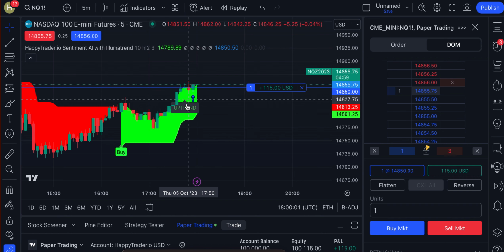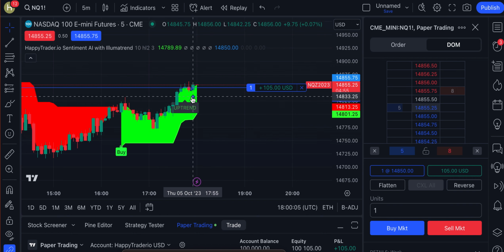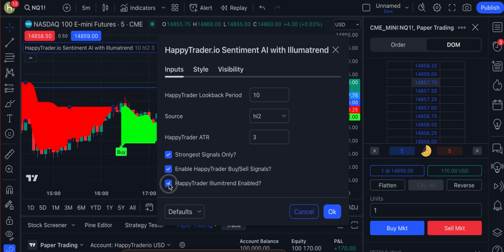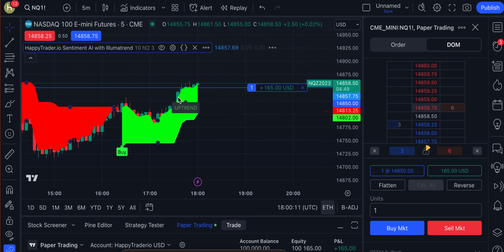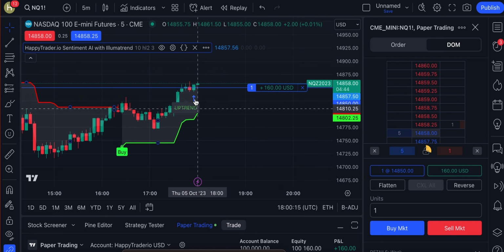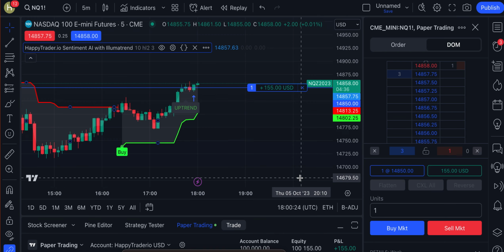So then you have your super signals here. And what you want to make sure that you do when you get these signals, let me go ahead and just remove the Illuma trend real quick, is you want to make sure that when you're in an uptrend and you get that arrow, a lot of times you'll want to wait instead of just taking this scalp. I will go ahead and take this scalp. We'll close the position at